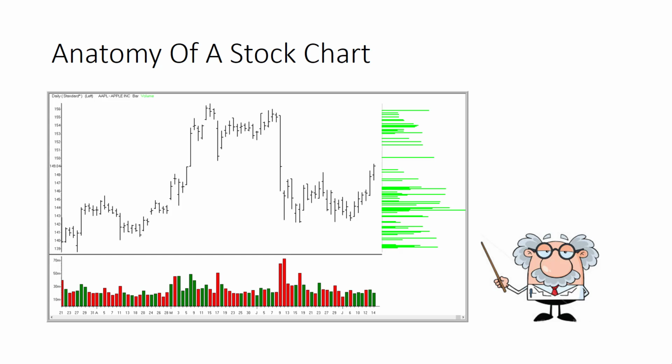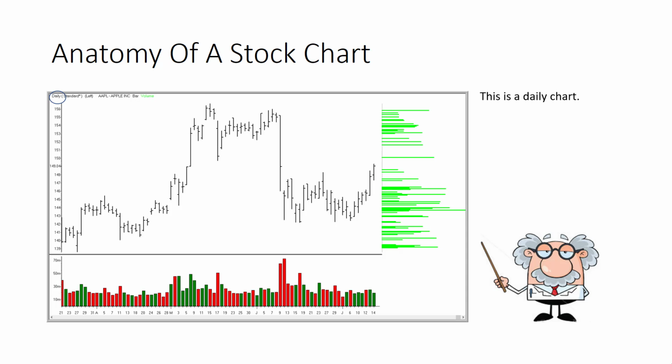Here we're looking at a bar chart. This is an open, high, low, close bar chart. This is called an open, high, low, close because of the way that the bars are constructed. We'll get into that in a second. But the first thing you want to look at anytime you're looking at a chart is going to be what the time compression is.